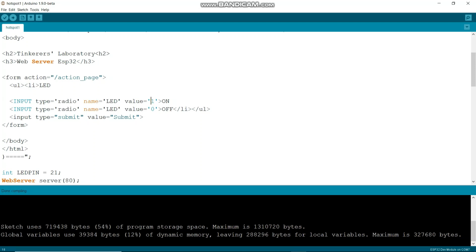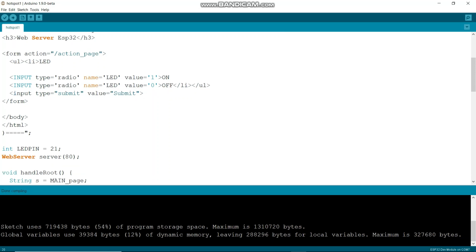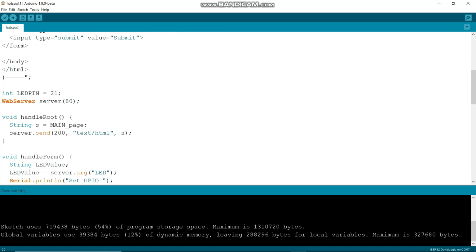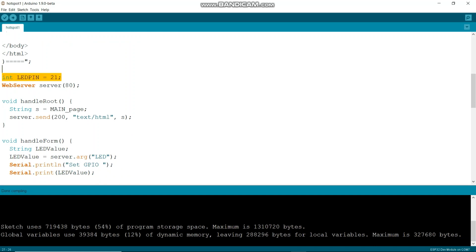That radio button will make the value of this argument, type LED, as 1, and this radio button will make the same argument of LED as 0, and the submit button then submits the value to the NodeMCU, to the ESP32, so that it can further use it for glowing the LED or whatever we want. So int LED pin 21 is the pin number we are using.